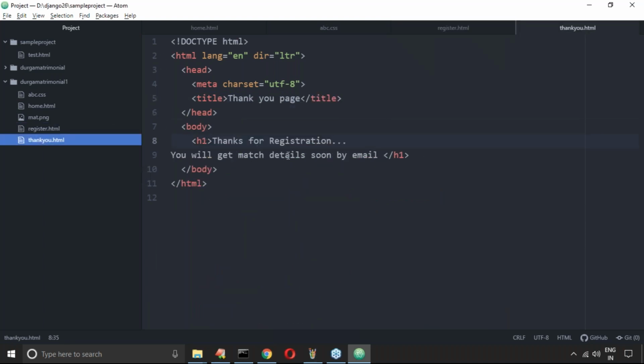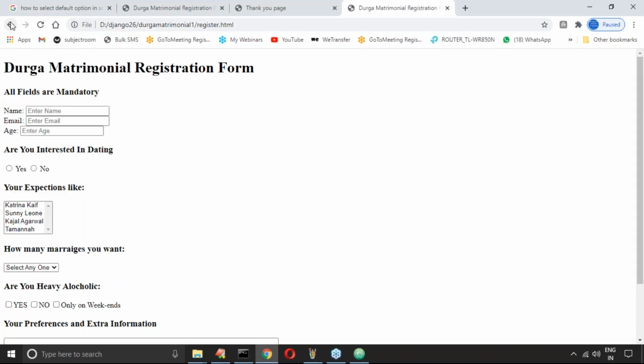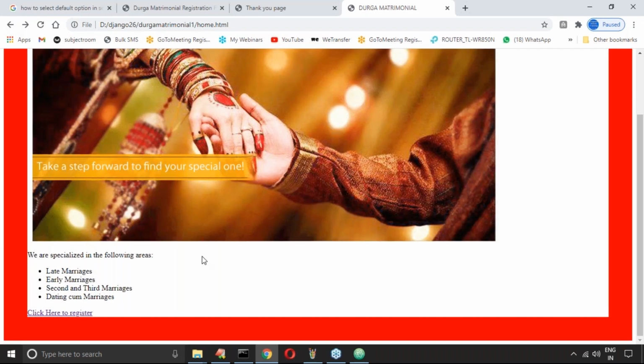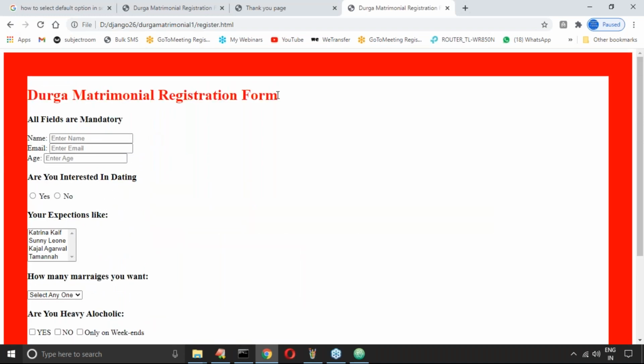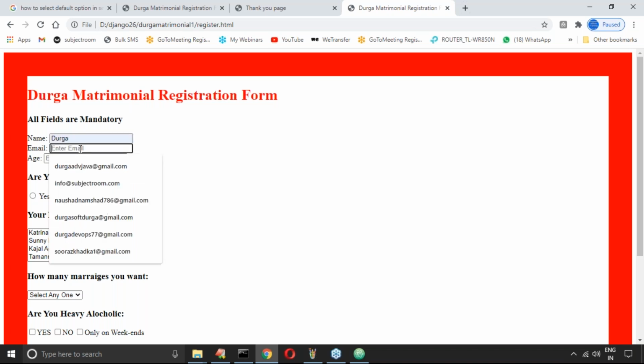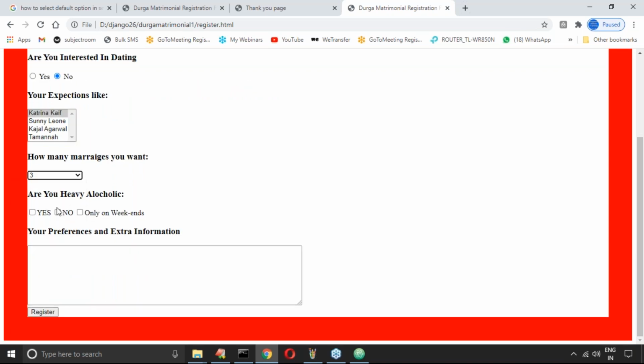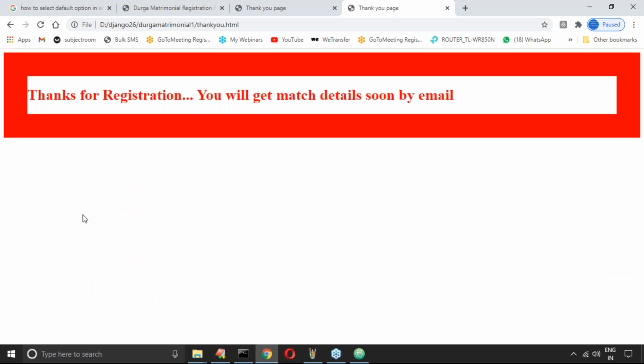Now have a look once. Automatically it's coming. Here I'm trying to take something like enter name, age. Okay, no, here register, automatically it will come.